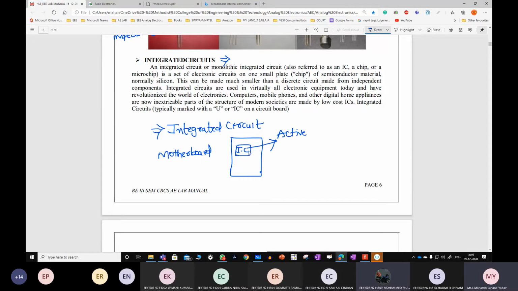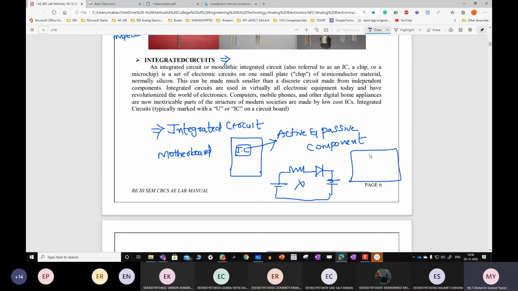On this IC, we are placing active and passive components. For each and every small application, if we design using normal active and passive components, it becomes a headache. So to overcome this problem, on a small wafer, which is nothing but an IC, it contains active as well as passive components. Depending upon the application, we go for it.